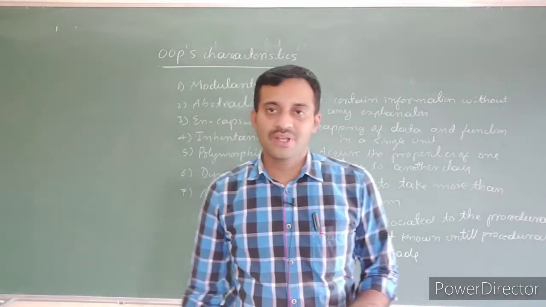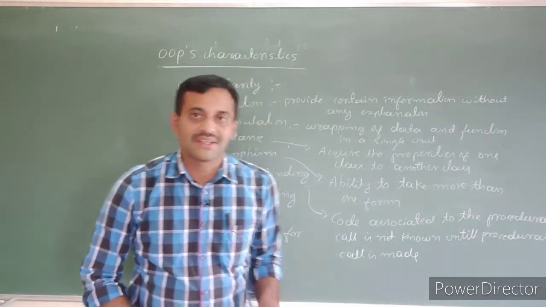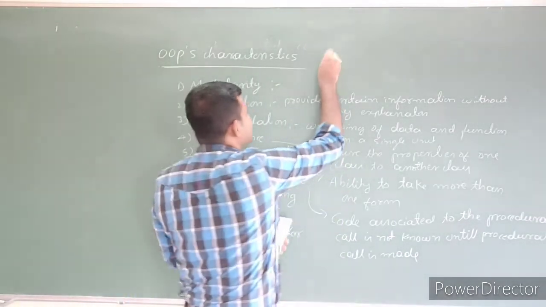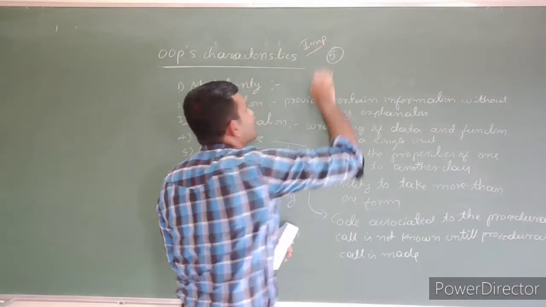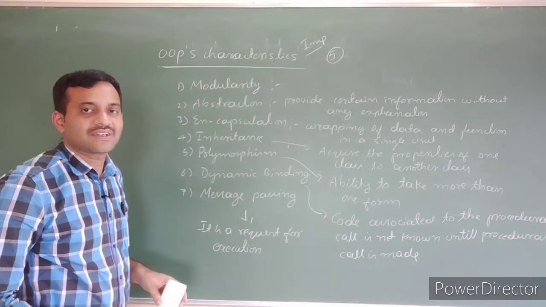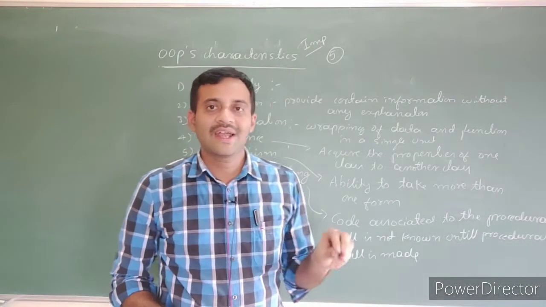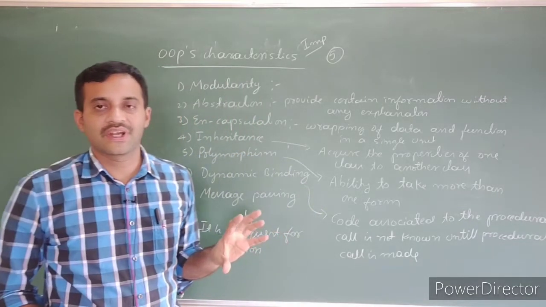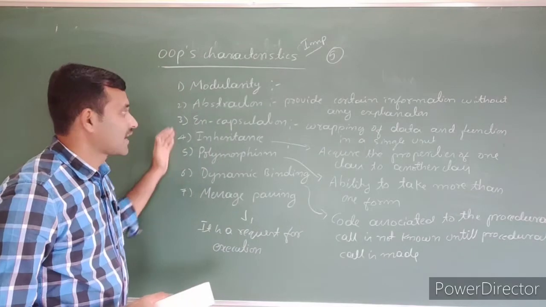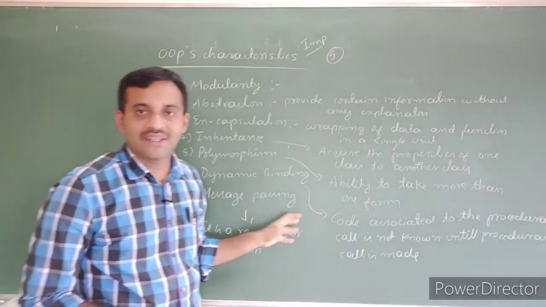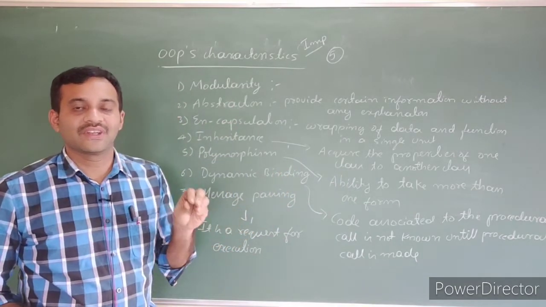In this chapter, we have either a 3 marks question or a 5 marks question. This is a 5 marks, important question. It may ask: write the characteristics of object-oriented programming, or write any 5 characteristics of object-oriented programming. If it is a 5 marks question, first list the characteristics, then explain them, explaining each characteristic in 1 or 2 lines.